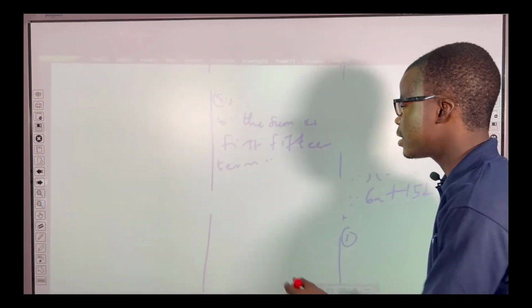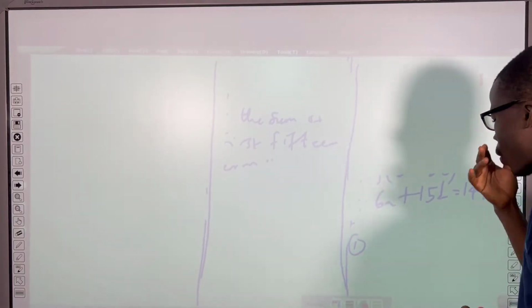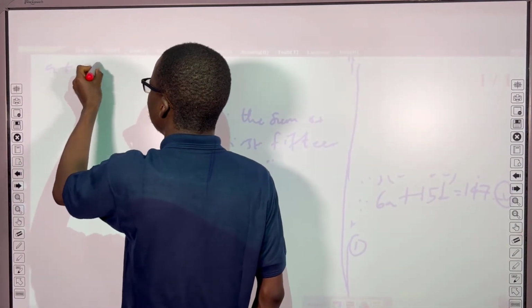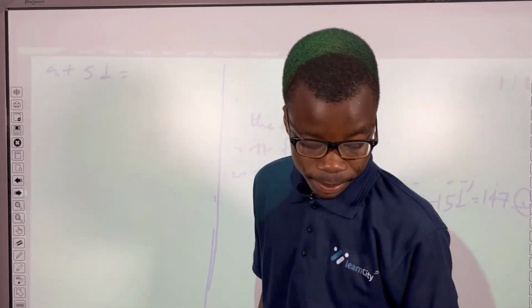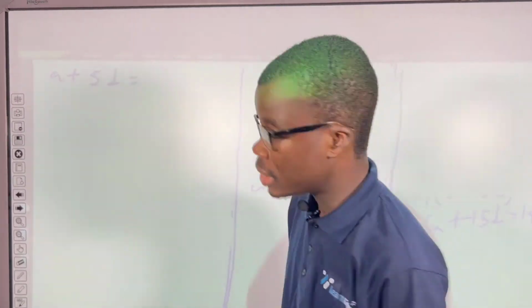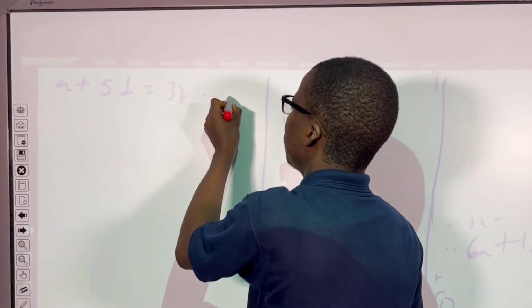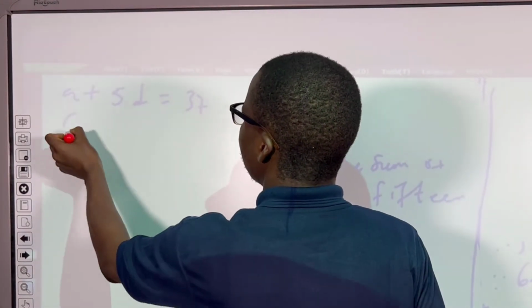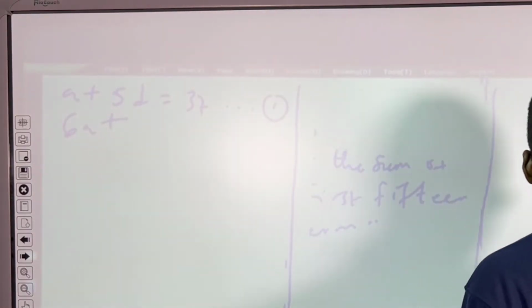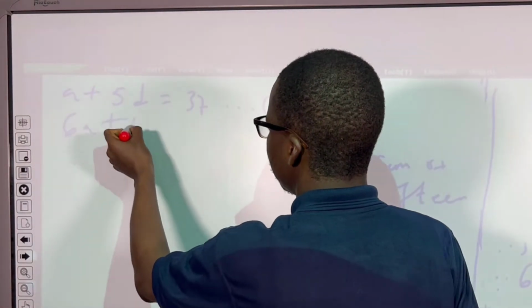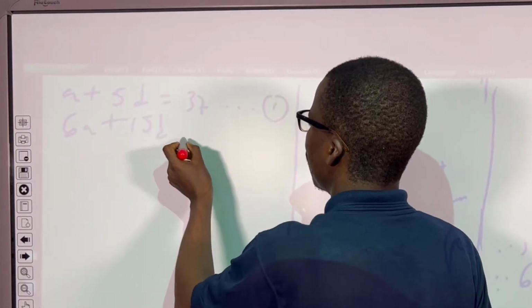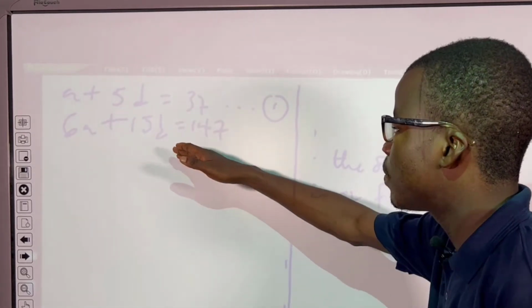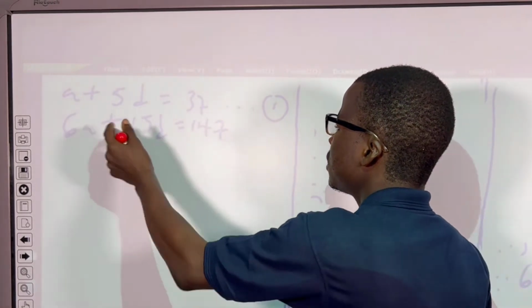So we move on by saying, what's equation 1? Equation 1 is a plus 5d is equal to 37. While equation 2 is 6a plus 15d is equal to 147. We could actually simplify this further by saying divide equation 2